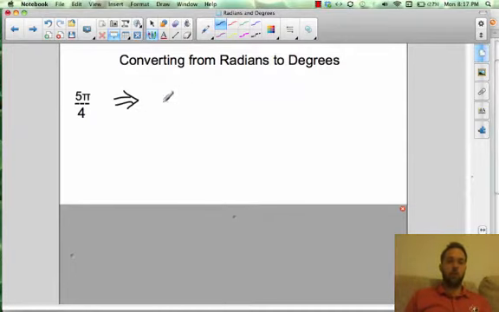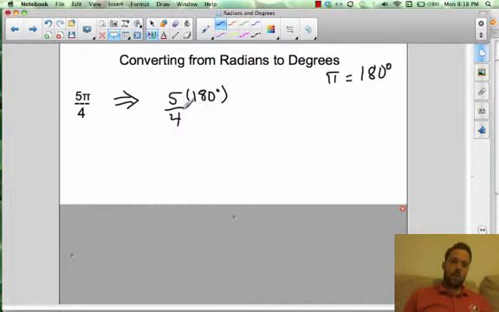We know that pi is exactly equal to 180 degrees. The best way to do this, wherever you see the pi symbol, simply replace it with 180 degrees. And then you can carry out the simple multiplication and division,